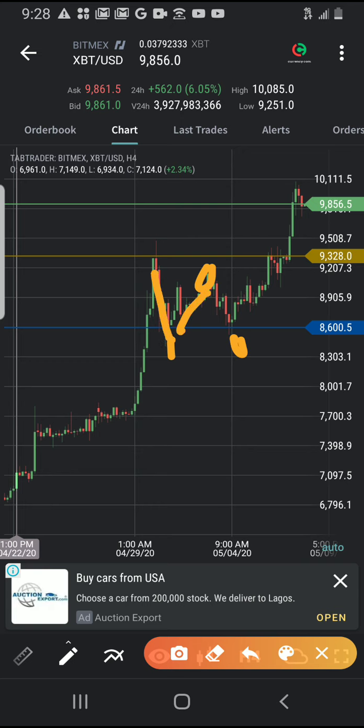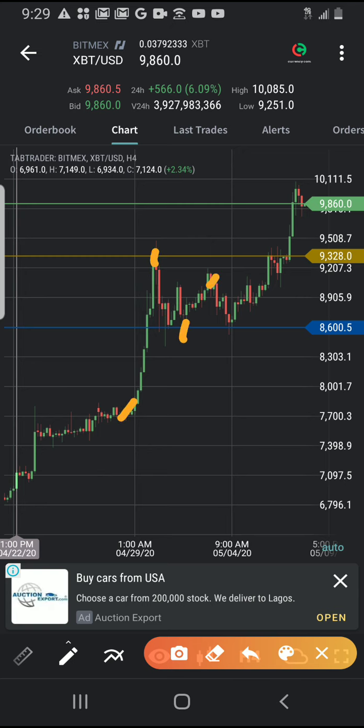Now you can hold that coin, because it's going to come here again and break out. So that's what actually happened in this whole process: understanding support and resistance, and then applying it with other technical analysis. In this situation, we have understood that 8,600 is our support and 9,300 is our resistance, and we've been playing the buy,